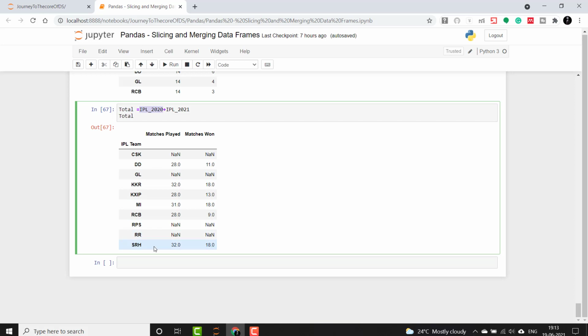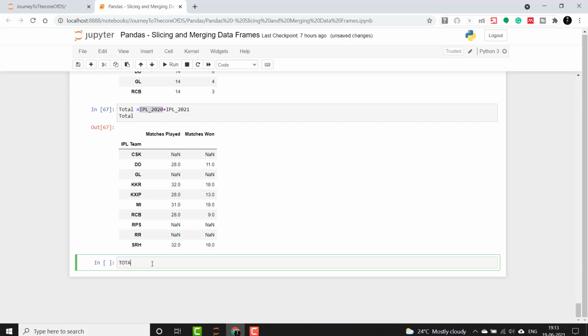I will use total again, and I will say real 2020 dot add, and I will mention 2021 comma fill_value, and give its value as 0. The fill_value argument inside this function replaces all the NaN values in the two data frames, with respect to other, with 0. So let's execute it and see.